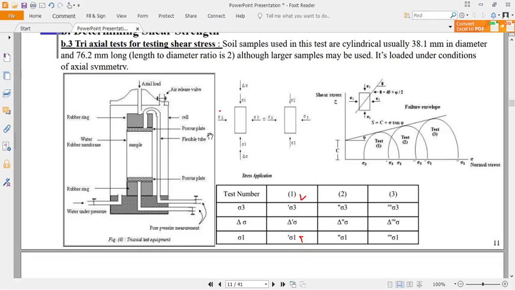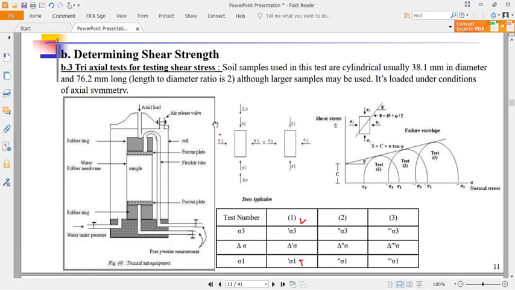Welcome to our second part of strength properties of soil. So today we are going to look at the triaxial test. The triaxial test is very important to model the condition in the field. How is that done? So previously we looked at the direct shear test. For the direct shear test, we said it has a limitation